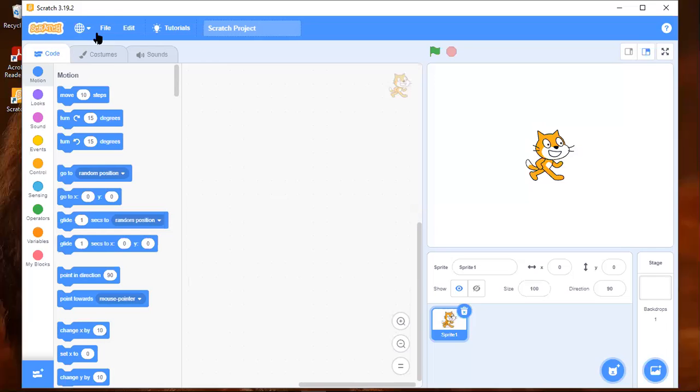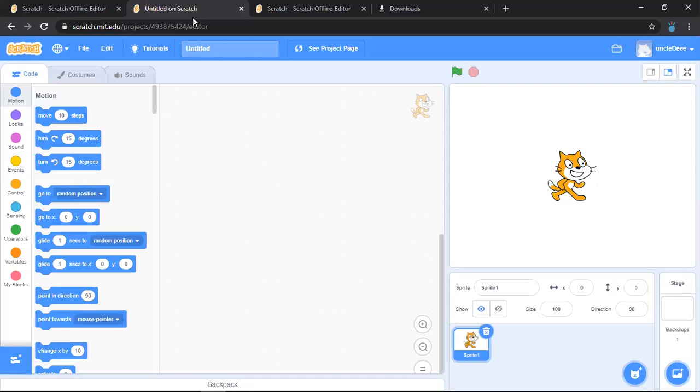You can see it's the same thing as what you have on the online interface. I can create a new file, then start doing my animation. Move 10 steps, and my sprite is already moving 10 steps. So do we understand now? I've shown you how to download it on your system. And if you don't have a laptop, no problem. You can just use the online web interface on your browser. The beautiful thing about the online editor is that your file is accessible anywhere you are.